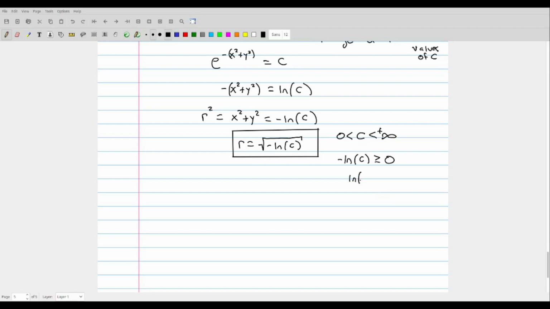Which means that ln of c has to be less than or equal to 0. If you multiply this inequality by negative 1, you get that the inequality flips over, and you have to have that ln of c is less than or equal to 0. And what that means then is that